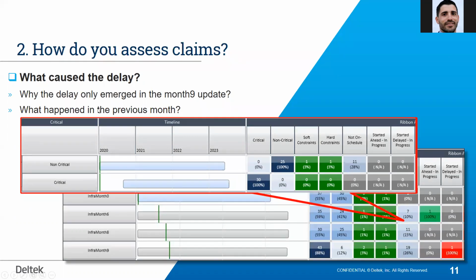So the question is why the delay only emerged in my 9-month update. So the question is what happened in the previous month. In the previous month, I can see that I have 11 activities that fall under this metric, which says not on schedule. And if I focus only on month 8 and slice and dice the information by critical and non-critical activities, I can see that these not on schedule activities were not part of the critical